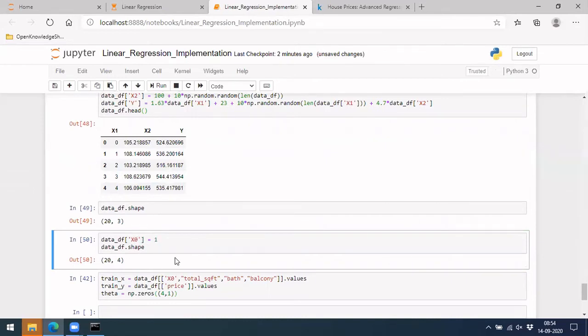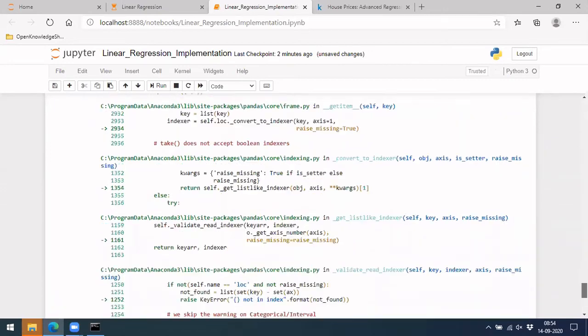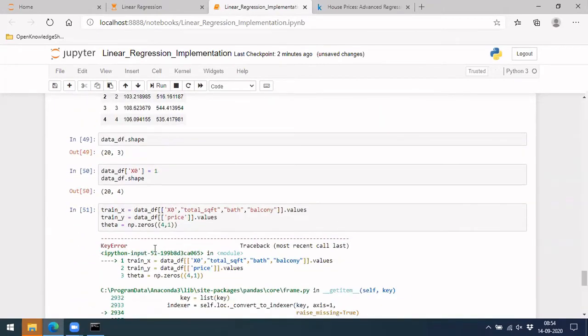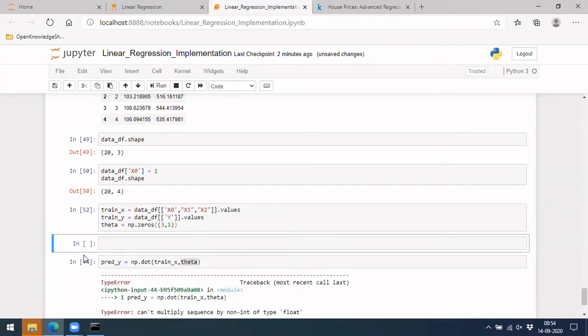So our next step would be, yeah, because we added these things, right? Now it will be just x1, x2, only that. Okay, our price is not there. We only have y here, and your theta size should now be theta naught, theta 1, theta 2. There will be only 3 here. So this will be our theta.